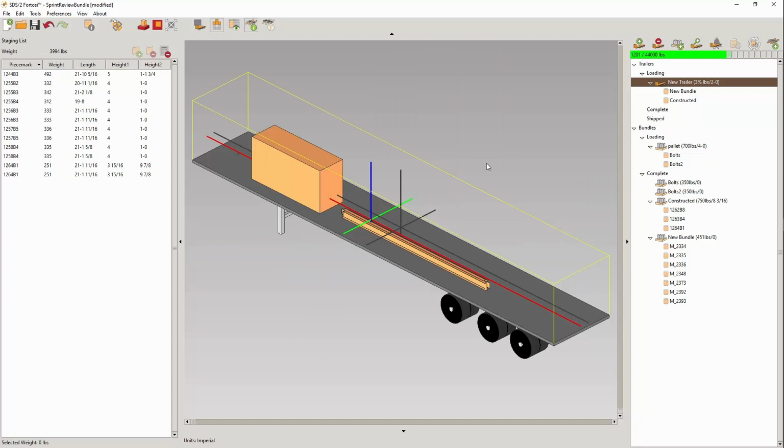Before proceeding any further, it is more important than ever to select your dunnage area, even the one on the deck, before adding your